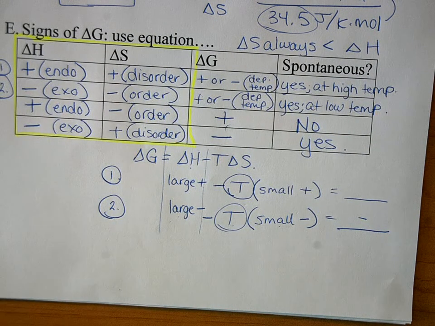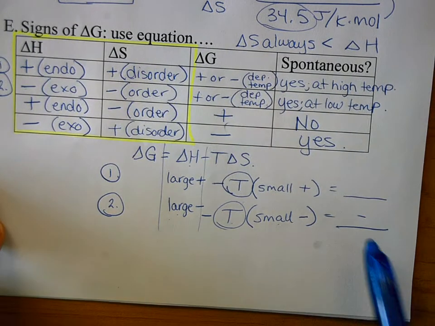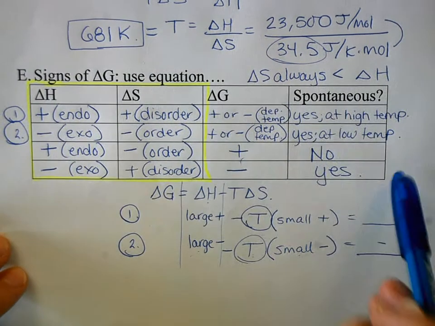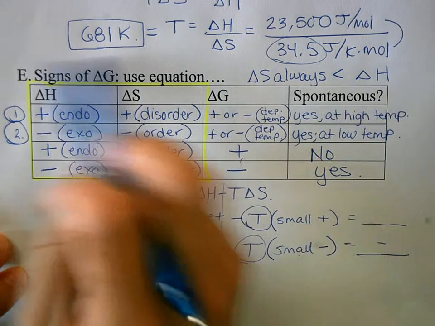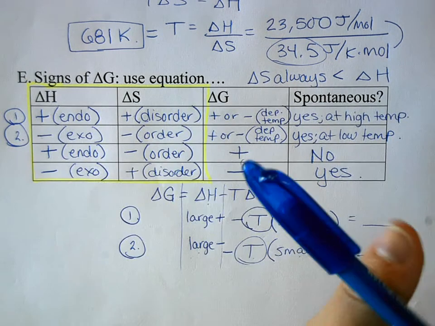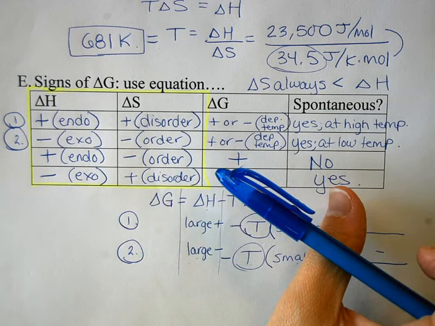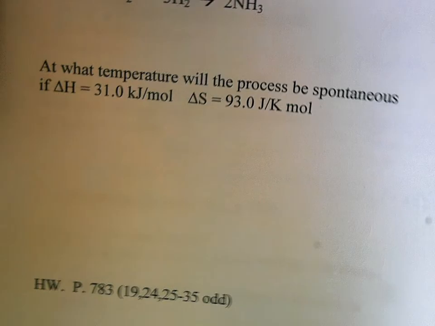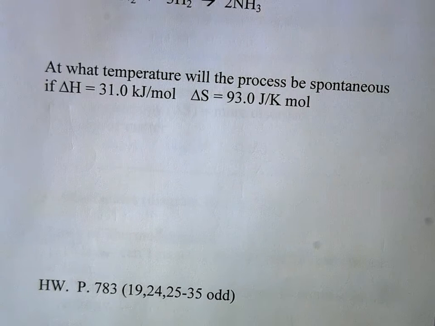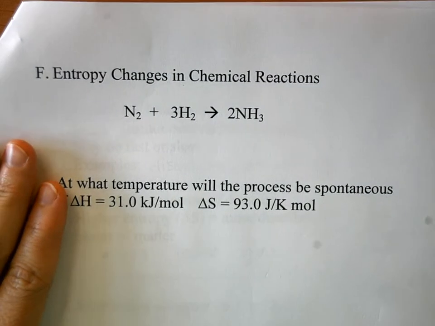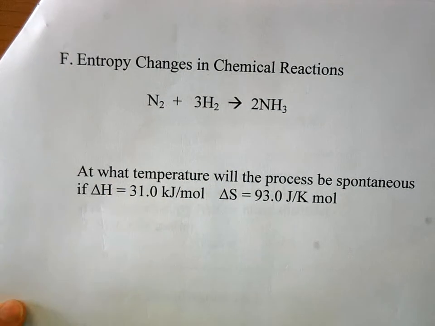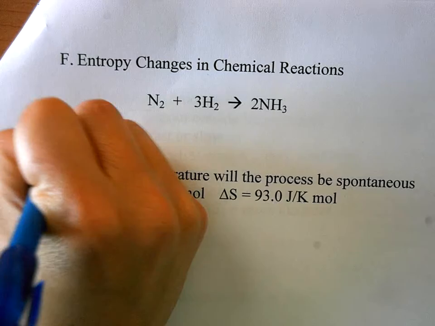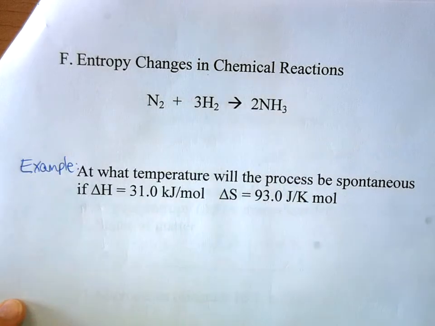Okay, we're very close to being done. Any questions on that? This table is super important to understand and be able to reason through in your head. Can you see some of the questions that you guys did on your review yesterday? Can't you answer them so much better now? All right, this is the last thing, and it's really easy. Entropy changes in chemical reactions, and then this example, and then we are finished. I'm going to block this for now.